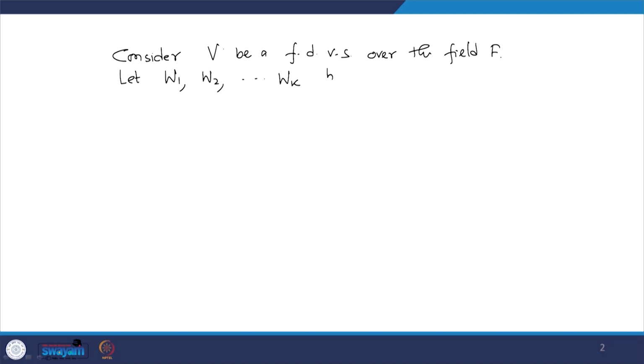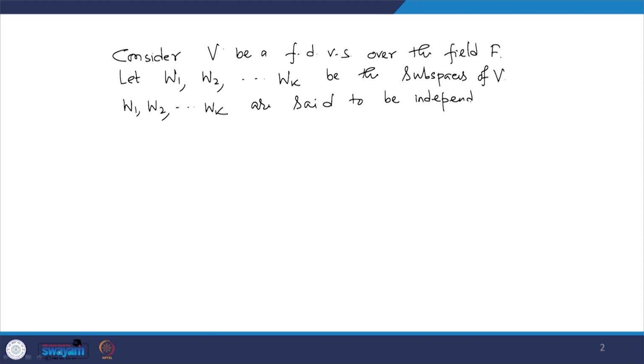Consider V to be a finite dimensional vector space over the field capital F. Let W1, W2, Wk be subspaces of capital V. W1, W2, Wk are said to be independent subspaces of V, provided